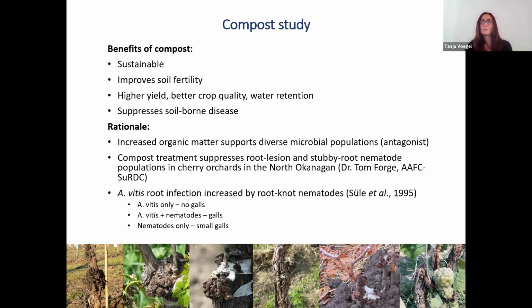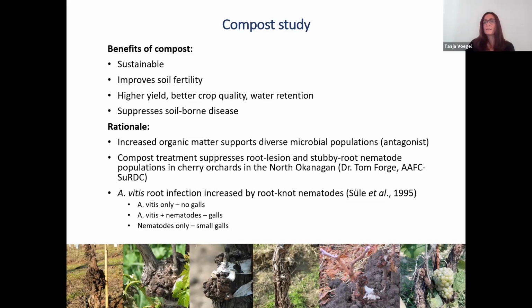So our rationale was that if increased organic matter through application of compost could maybe diversify microbial populations, then we may have other microbes that can act as antagonists against A. vitis and keep the population down. In addition to that, there was a study from Tom Forge, who found that compost treatments did suppress nematodes, because there is a connection between nematodes and A. vitis,